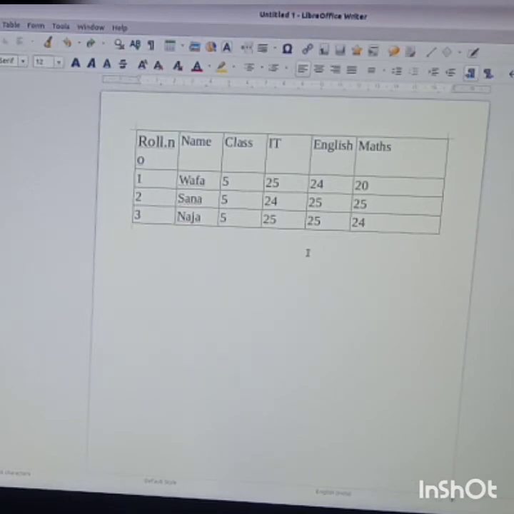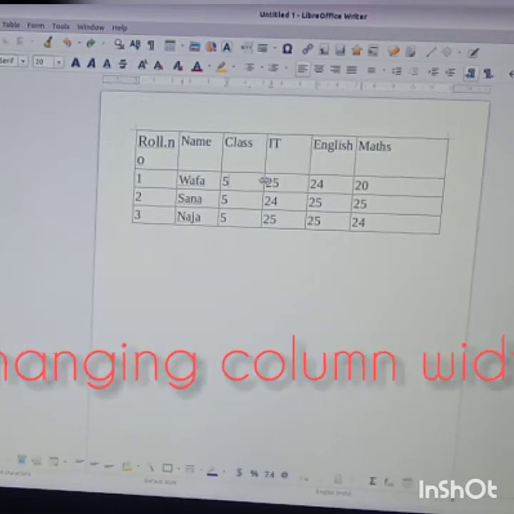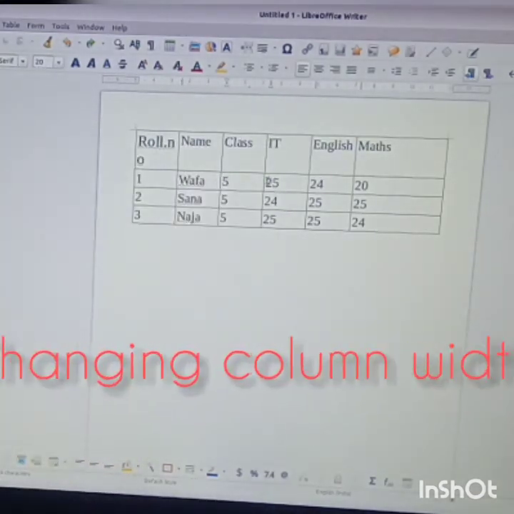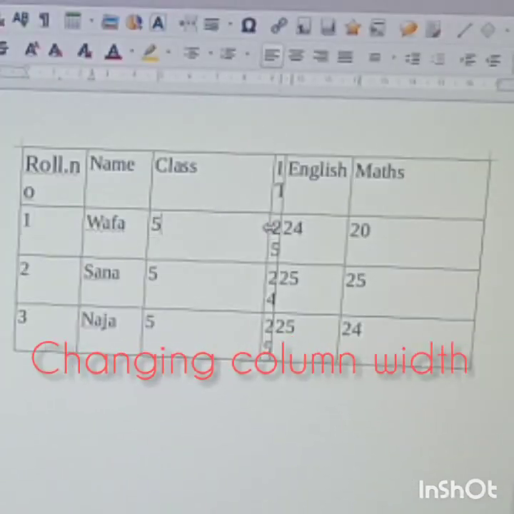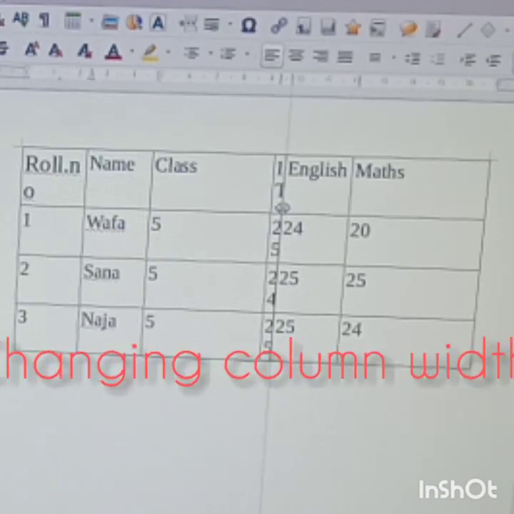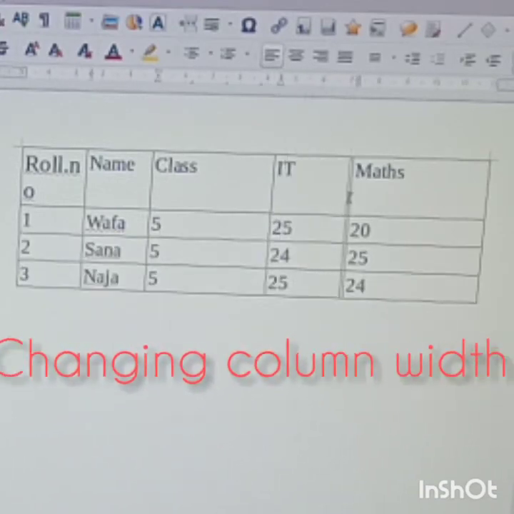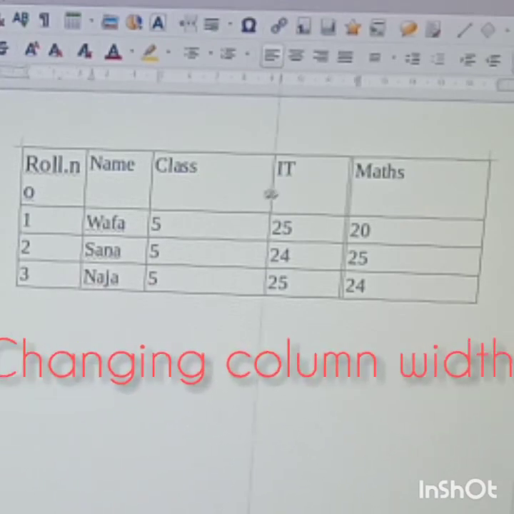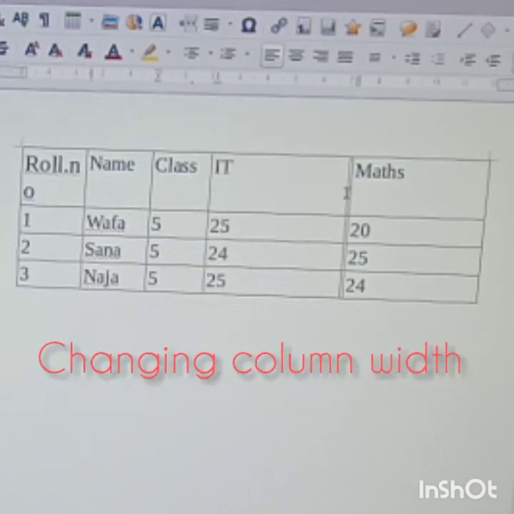Now changing columns width and height and all. How we will change? An easy way is just select this, then see this pointer is changing. Can you see this pointer changing? Yes, select it, then you can reduce it like this or increase it like this. See, this can be done like this if you want to reduce it. It's becoming small.